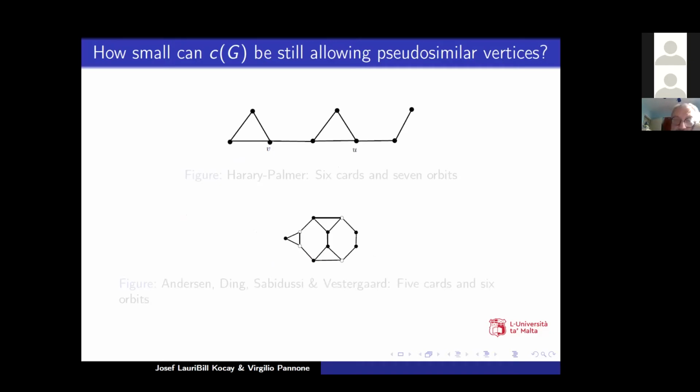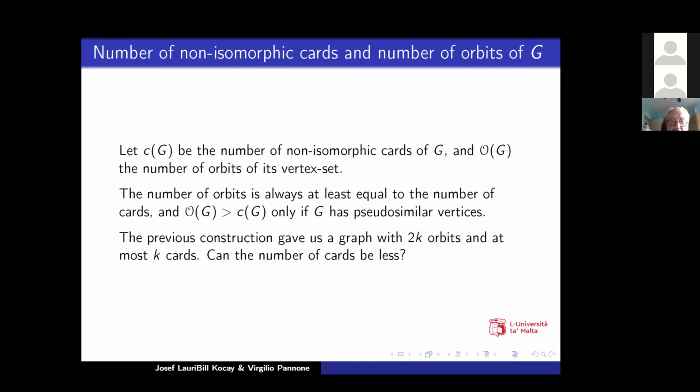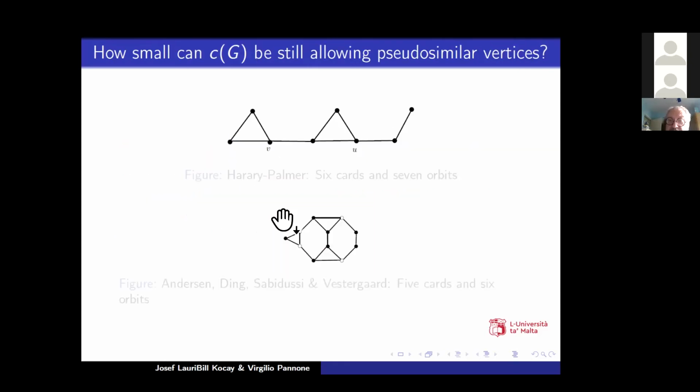So what am I going to consider? Well, let's look again at the Harari-Palmer graph. It has 6 cards, because U and V give me the same cards. So 1, 2, 3, 4, 5, 6 cards. But these two are in a different orbit, so 6 cards and 7 orbits. So as I said before, the number of orbits is greater than the number of cards, therefore there are pseudosimilar